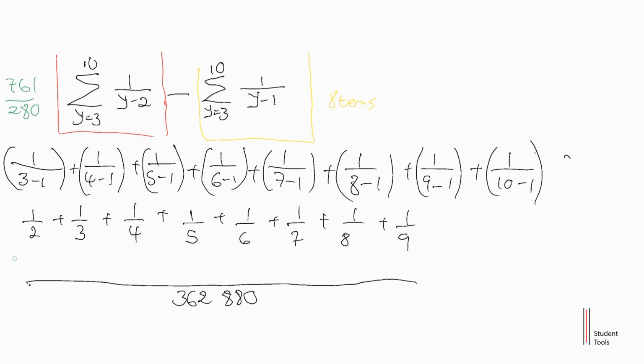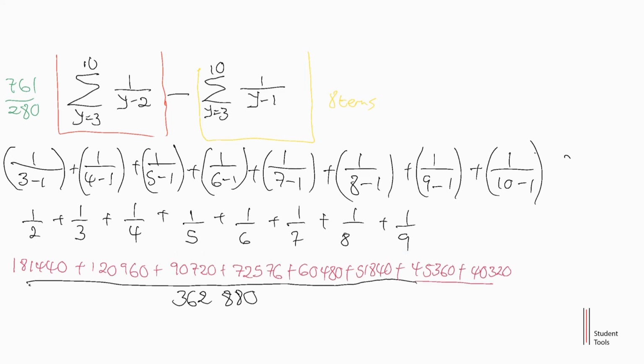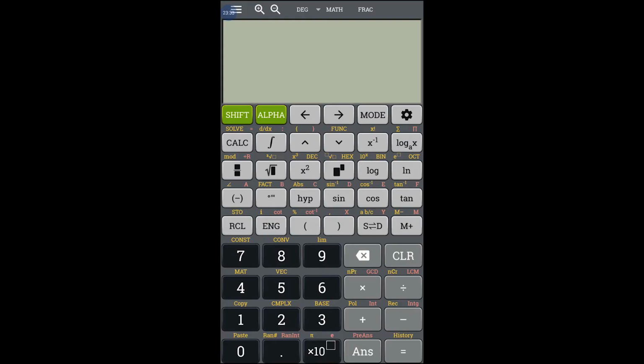So it is a 181,440 plus 362,880 divided by 3. We will do this up to a 9. Alright, we have divided now up to 9. So let us add these numbers. So we have 181,440 plus 120,960 plus 90,720 plus 72,576